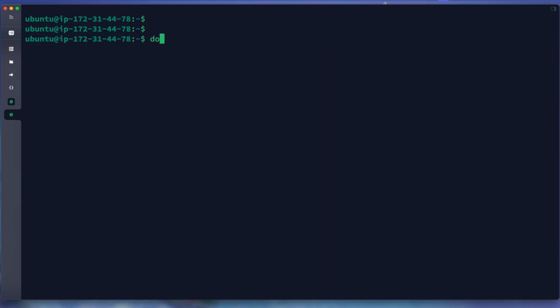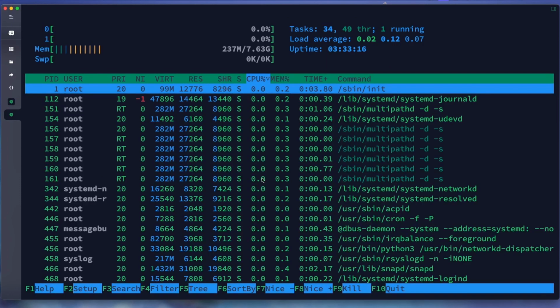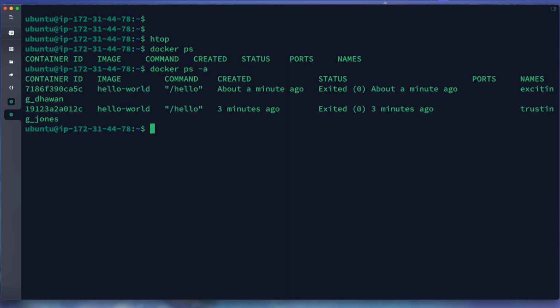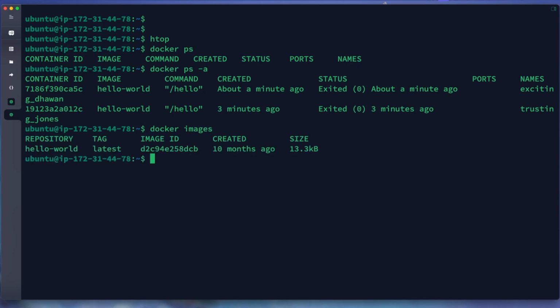that's it. We have our Docker running right here, containerd, and we have docker ps -a to see all of our containers. We created two containers, but right now they exited with status exited. It means they're not running anymore. We can also run docker images to see the images. We just have one, which is hello-world.